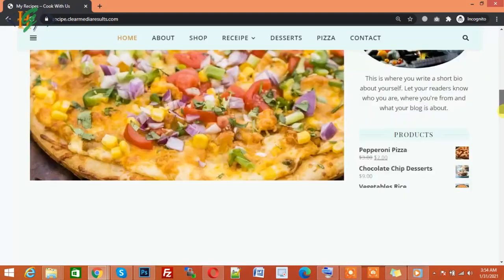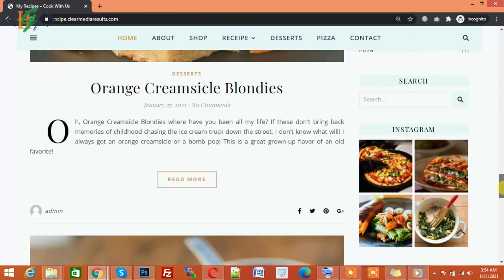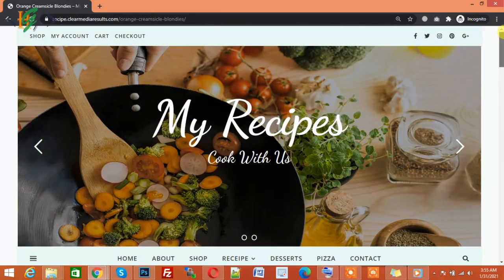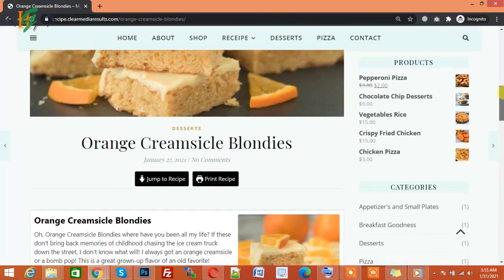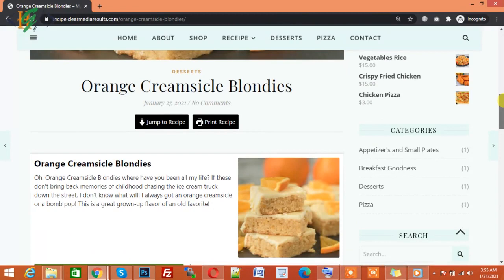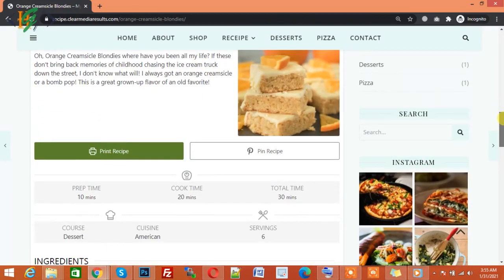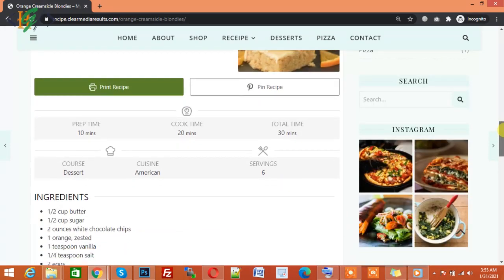This is our sample website, a recipe website. All links are opening and the website is working fine. So in this way you can remove the forbidden error from your website by deleting the .htaccess file, renaming the plugins or theme folder, or replacing the WordPress core files. It can be solved by any method.